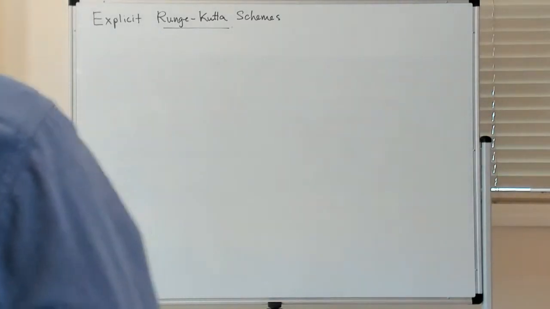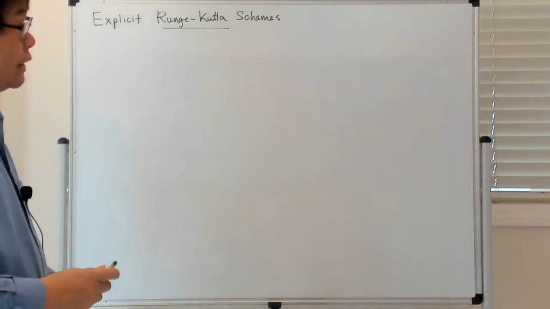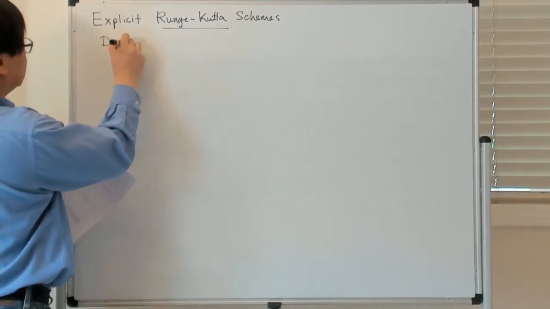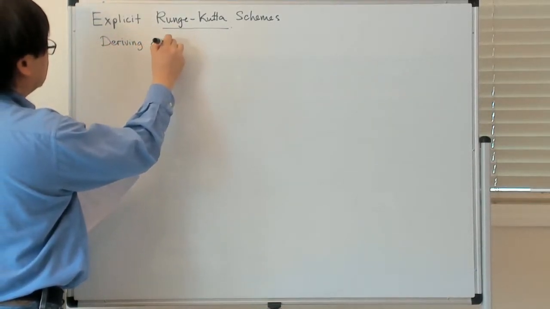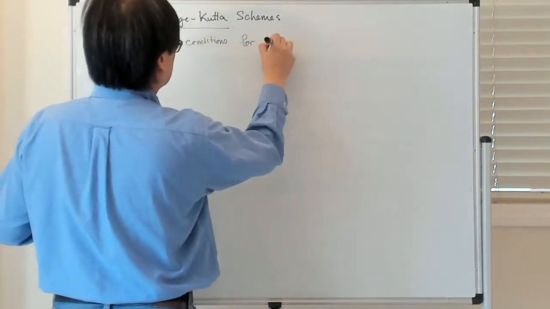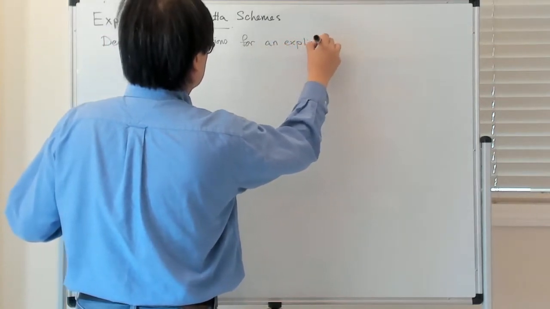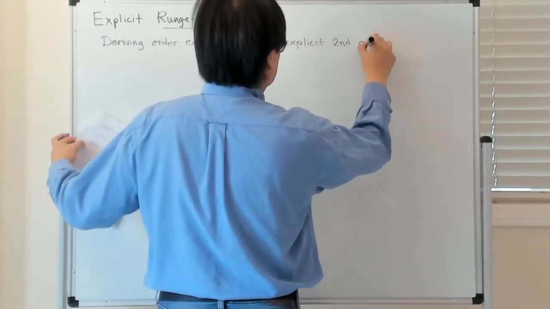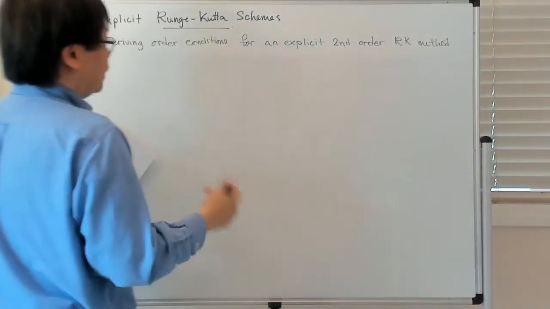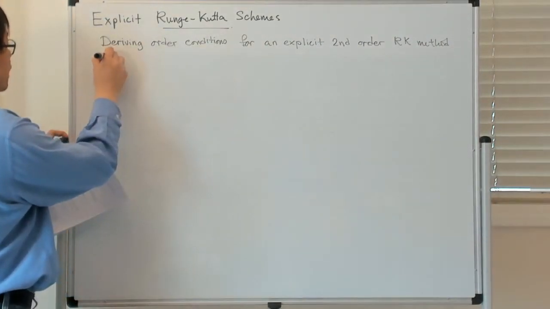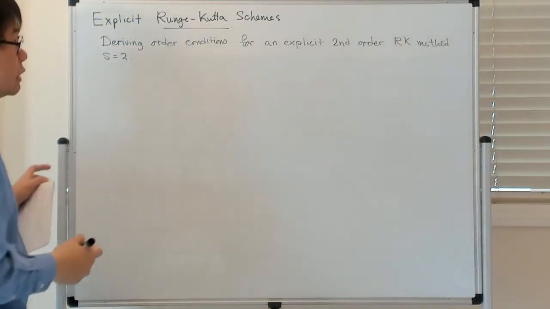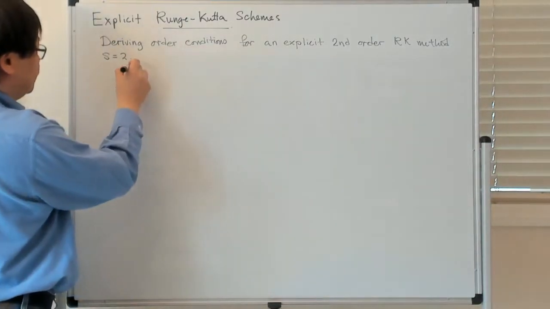So let's now try to derive what are called order conditions for a second order explicit Runge-Kutta method. To make this more precise, I'm going to set the number of stages to 2. That means that the general form of an explicit two-stage Runge-Kutta method is the following: y1 is